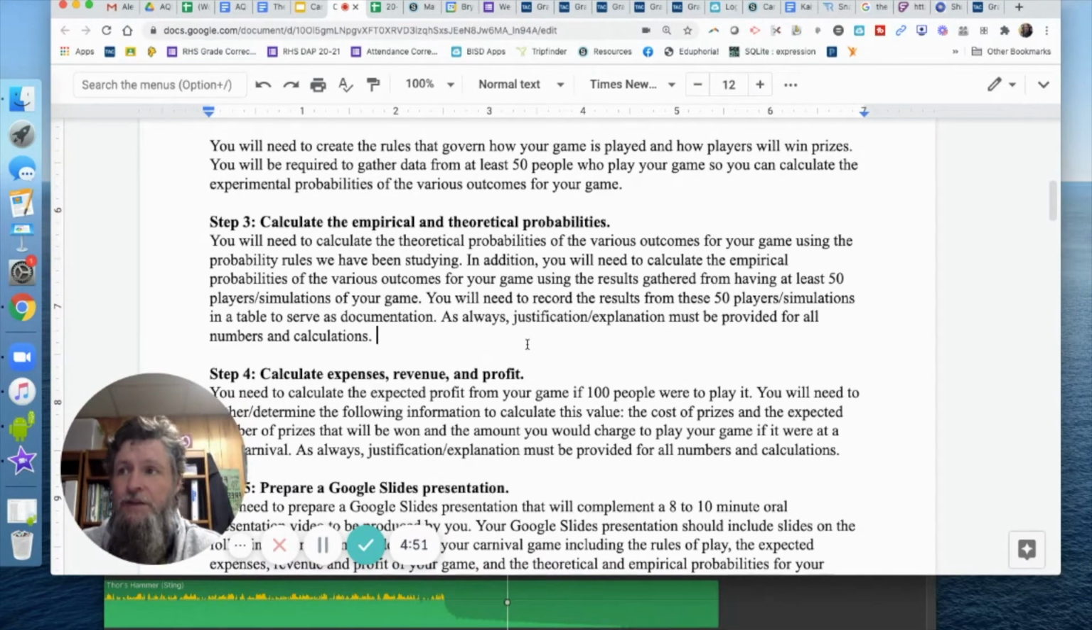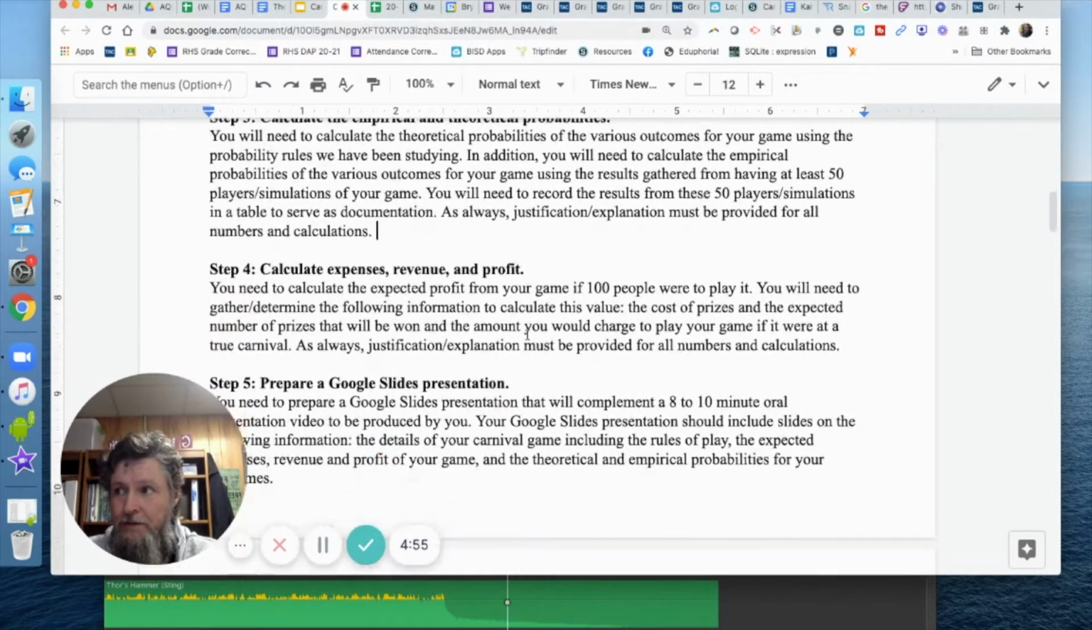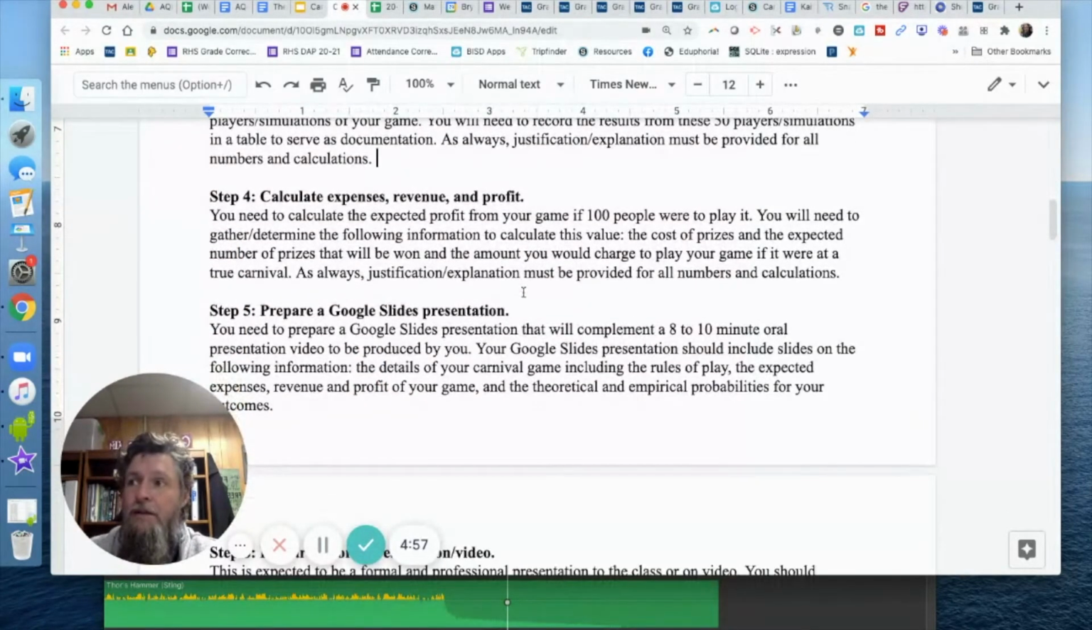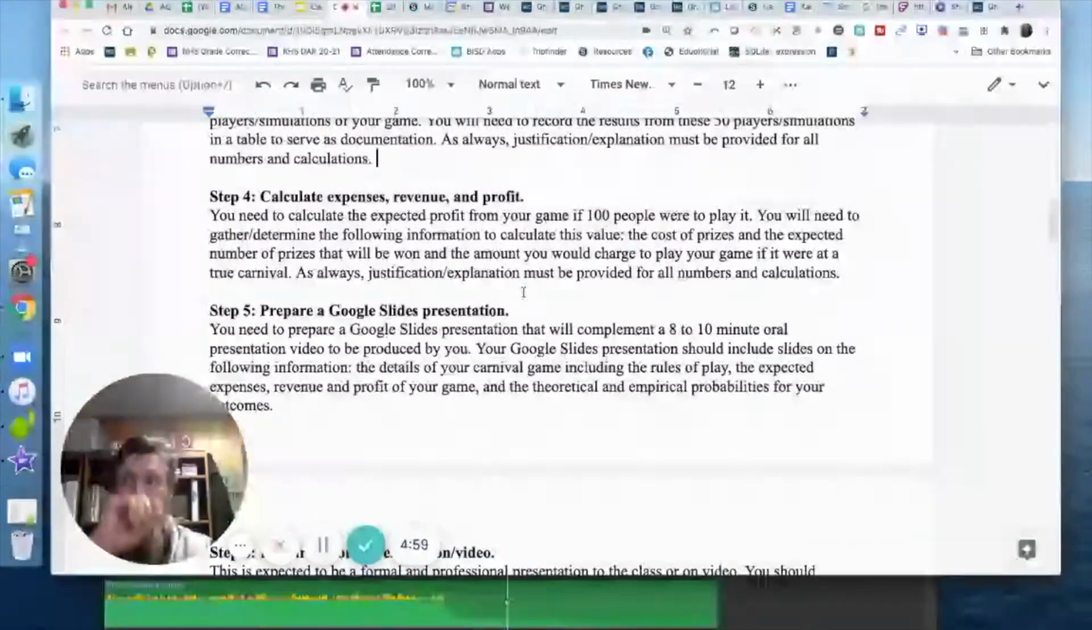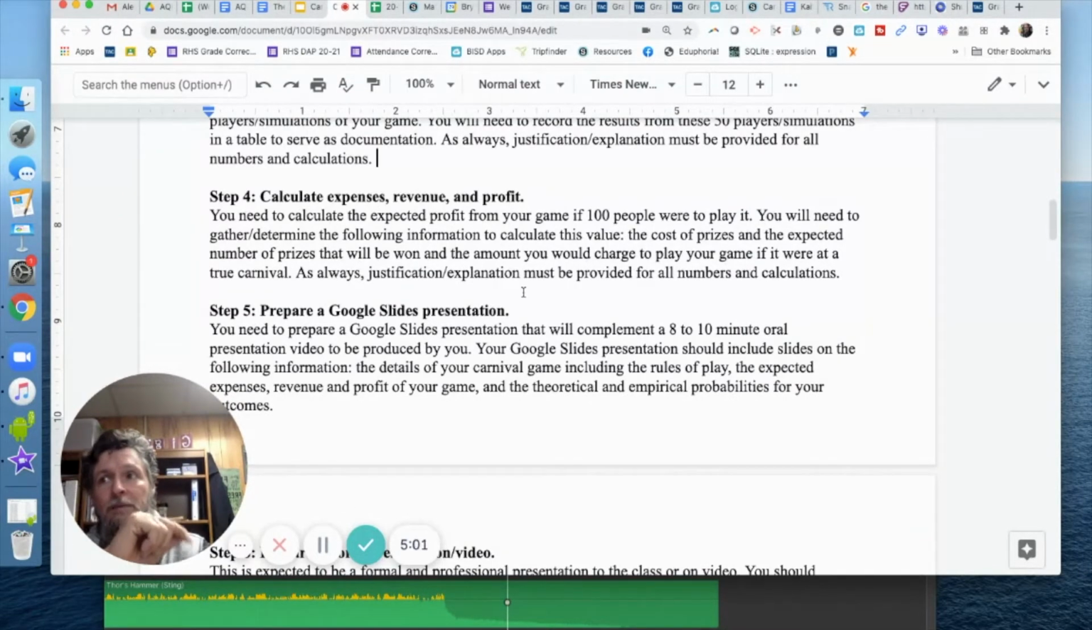As always, justification and explanation should be provided for all numbers and calculations. So step 4, calculate expenses, revenue, and profit. You need to calculate the expected profit from your game if 100 people were to play your game. So if it costs a certain amount to play your game, you multiply that by 100 and that gives you your revenue. Okay? You find out how many people from probability would win the game, both theoretically and experimentally, and